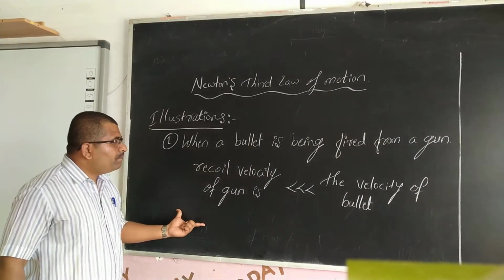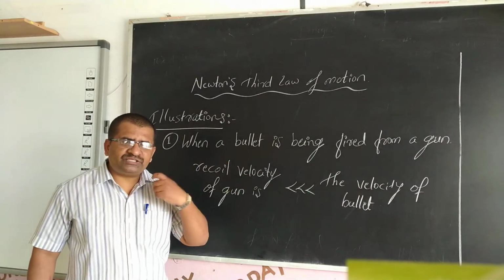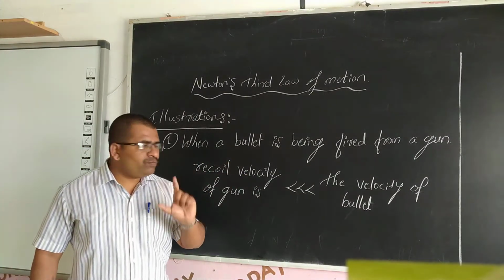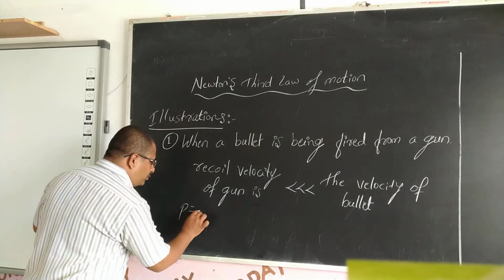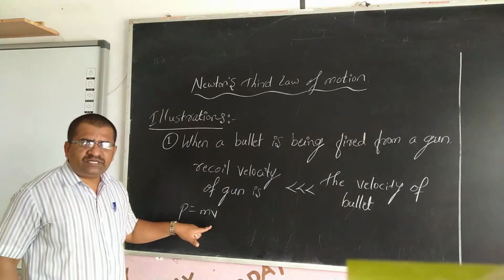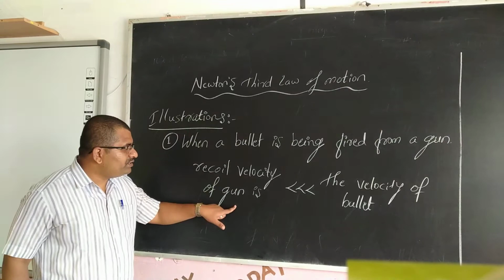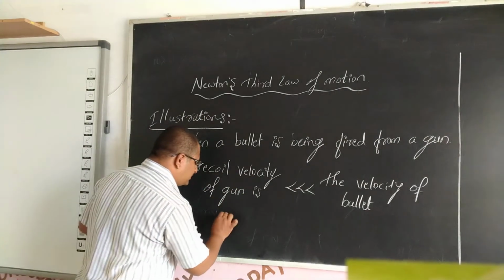But in Newton's third law of motion, what we have studied is that action and reaction are equal and opposite. But one more concept comes in, which is the momentum concept. P is equal to mv. So here, as we take into consideration the momentum of the gun and the momentum of the bullet, here what happens is